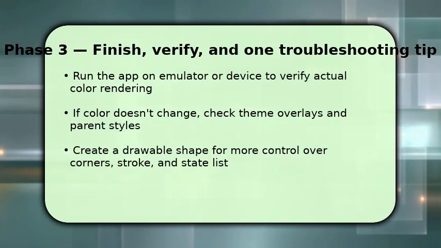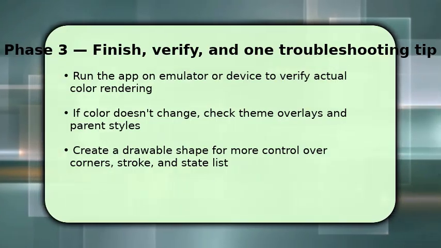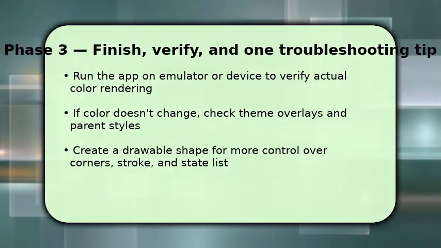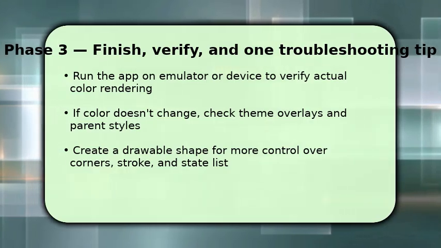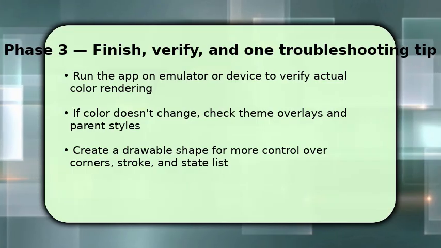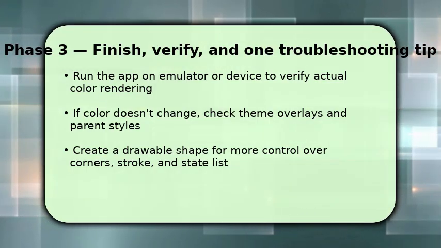Finish by running the app to confirm the change on a real surface because the preview can differ. If the button still shows the old color, check the app theme or style parent. Themes can override background tint. Once you identify an override, update the style or use a drawable shape in res/drawable and set android:background to